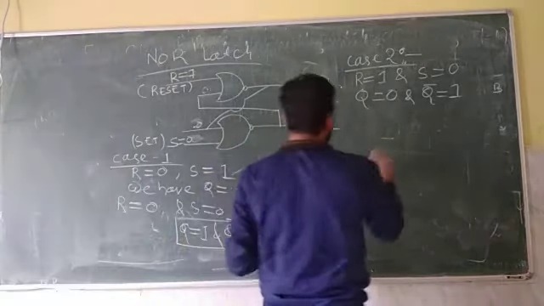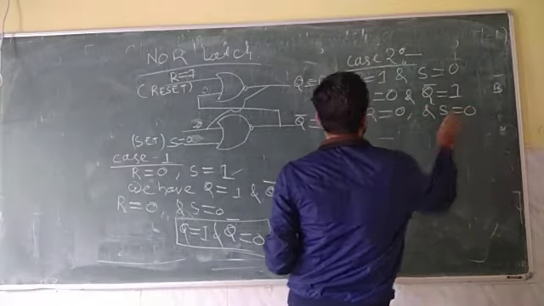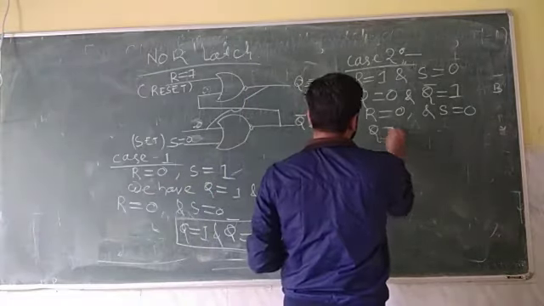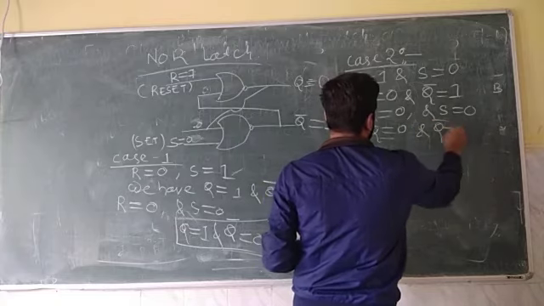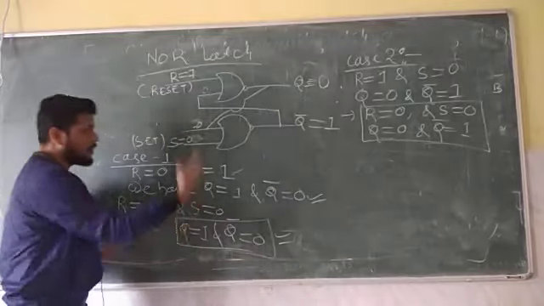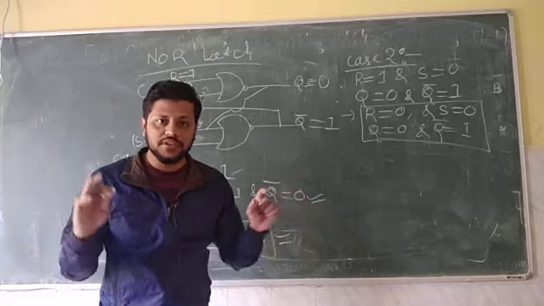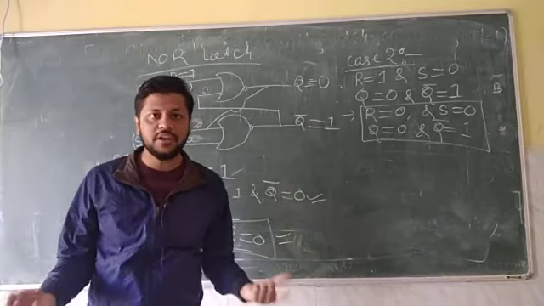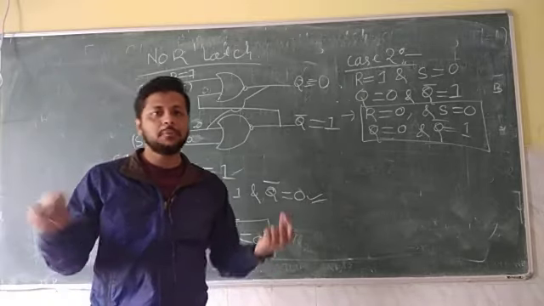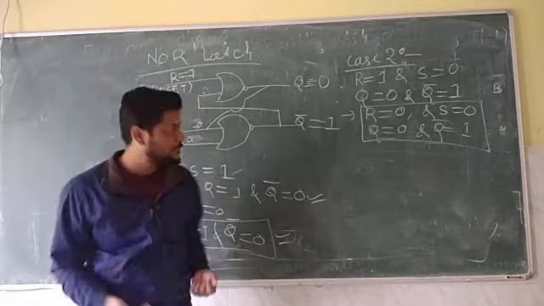But now I am changing this input once again. I am making R is equal to 0 and S is equal to 0. So even though R is equal to 0 and S is equal to 0 is made, we will get the same result, that is Q is equal to 0 and Q bar is equal to 1. Again I am proving this condition: when R is equal to 0, S is equal to 0, your circuit will be able to retain its previous state. That's why this is the condition for your memory. Memory means it will store data. That means even though your input changes, the output remains same in case of memory. That will be storing your data.